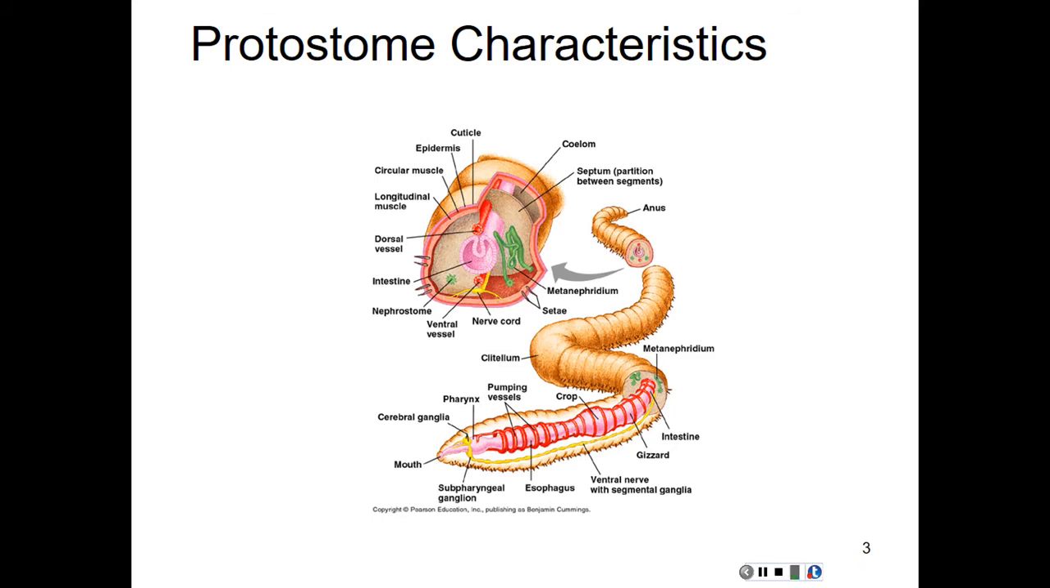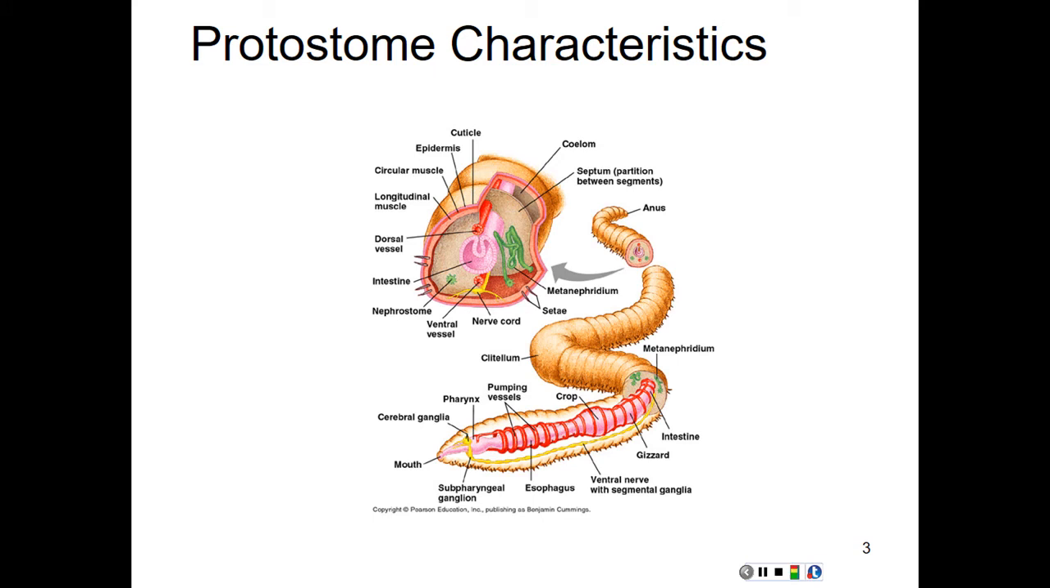By individual count, they are by far the most numerous organisms. So they're the most numerous. If we're going by just individual count, they are considered the most successful form for a bilateral